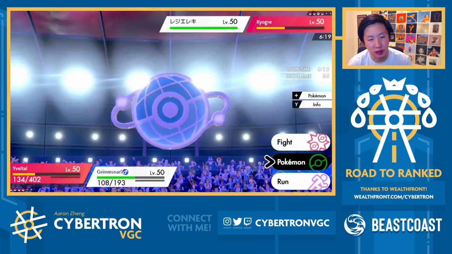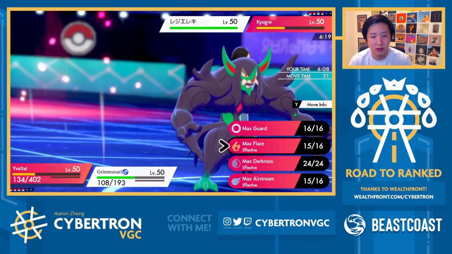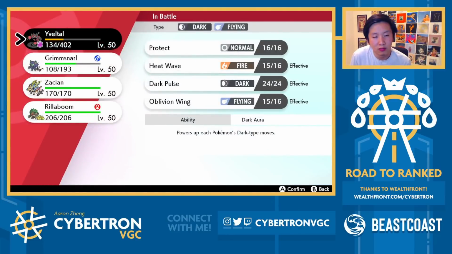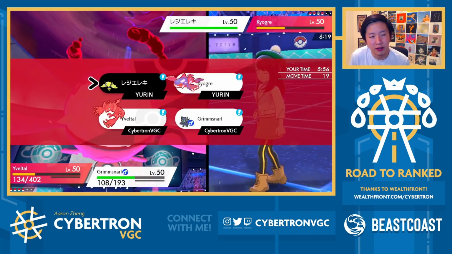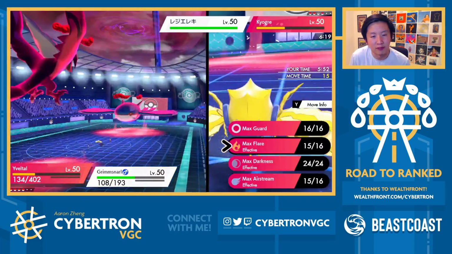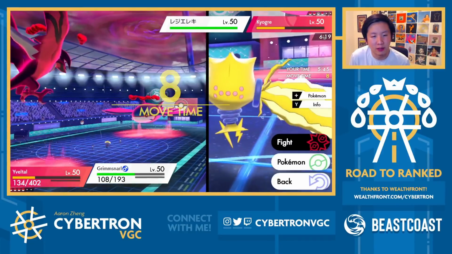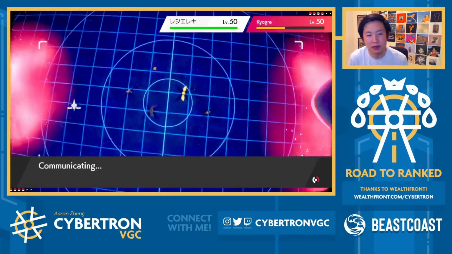Got Rillaboom and Zacian in the back. Their last Pokemon presumably should be Solgaleo. So Rillaboom's really solid here. I could Scary Face Regieleki. I'm not going to really KO them here. Okay, I'm down for Max Darkness into Aleki and Scary Face here. It's just that Aleki could be Focus Sashed, but...